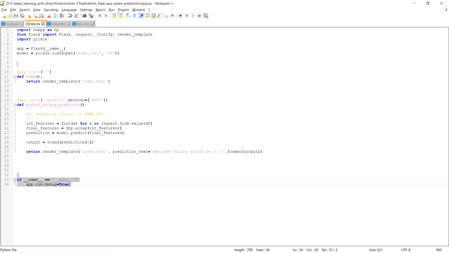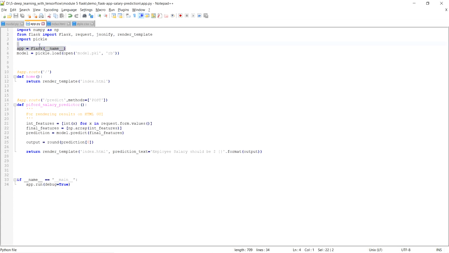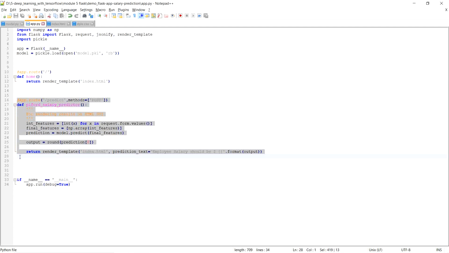Now in between, this is the code which we want to execute. This is basically what we want in this application, how this application should work, right? So this is the functionality of that application. So this is how we create an application, this is how we run the Flask application, and this is the functionality. Now let me show you the functionality. See, we have two functions over here. This is the first function and this is the second function.